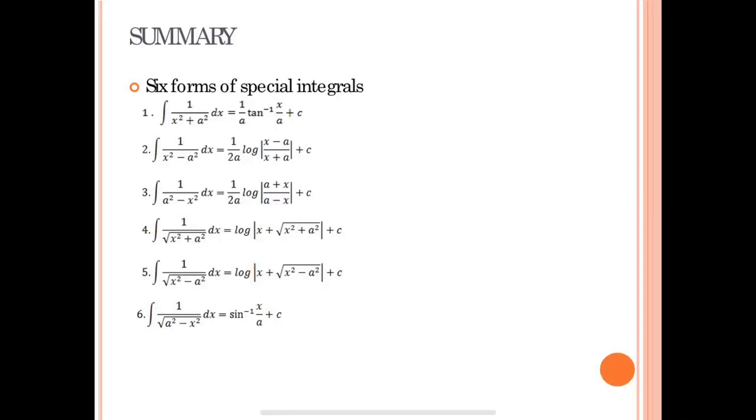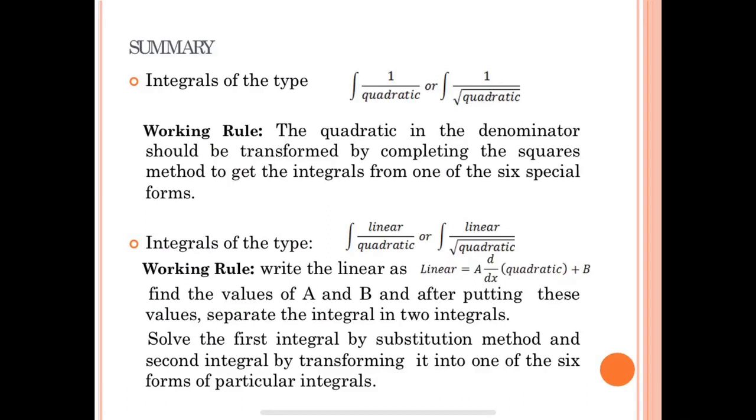So here I have listed all the 6 forms of special integrals. You can observe carefully that they are quite similar to each other, but they do have a different answer. So you have to be very careful in learning them and then use them accordingly in the questions. Once again, go through the type of integrals that we have solved in the questions. So if the integrand is of the type 1 upon quadratic or 1 upon under root of quadratic, then the quadratic in the denominator should be transformed by the completing the squares method